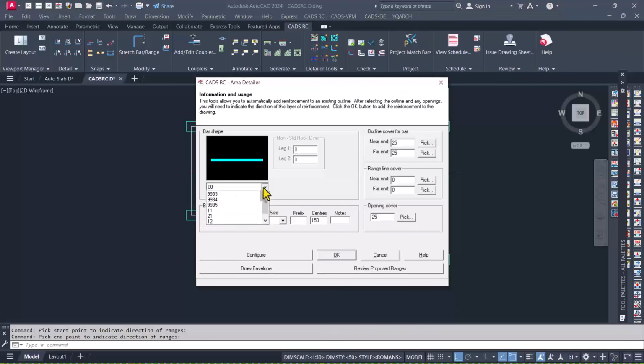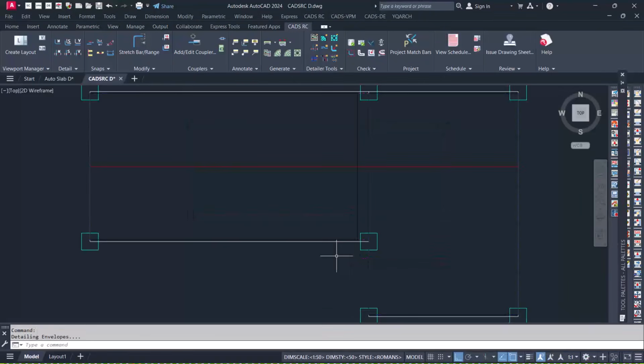Over here you can select the bar shape from here, but for the sake of this presentation we'll be using 00 bar shape. The multiplier is going to be 1. This is the grade. Size of reinforcement we use 12. The prefix right here we use at, and then the note right here is going to be center to center, and this is going to be a bottom reinforcement. After which click on the OK option from here,